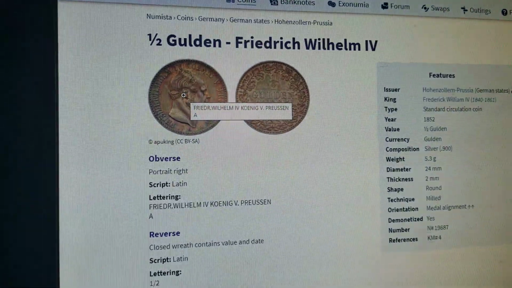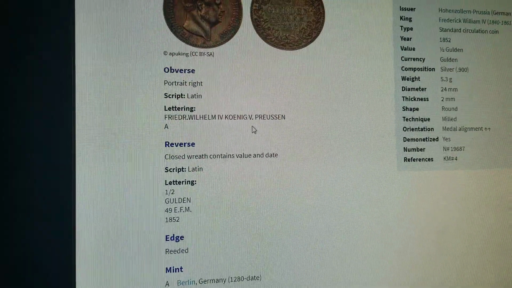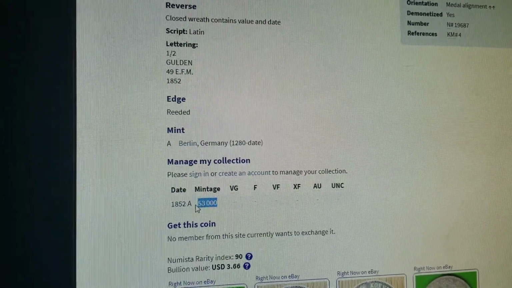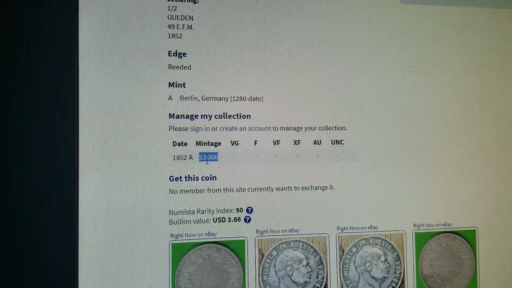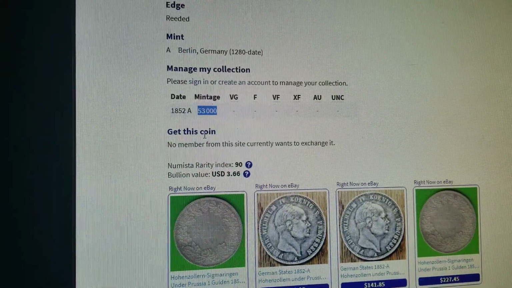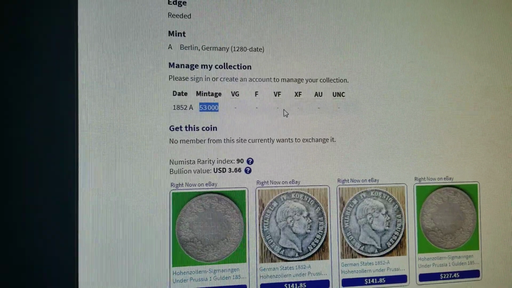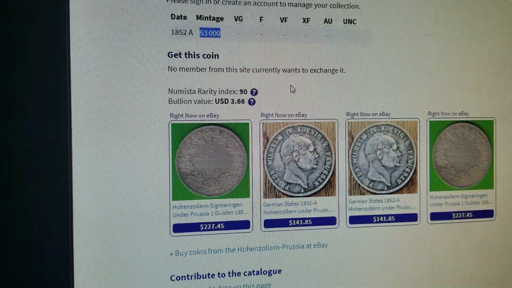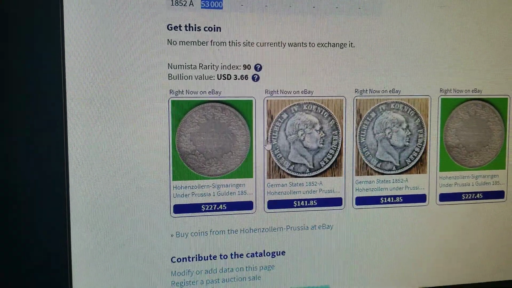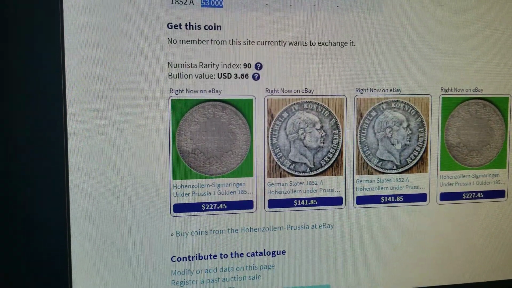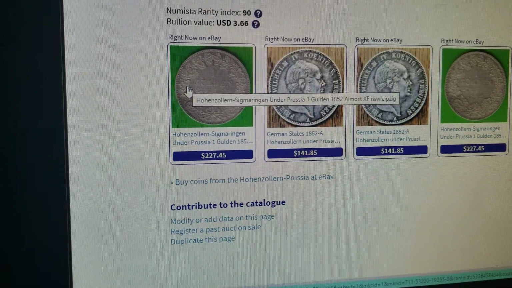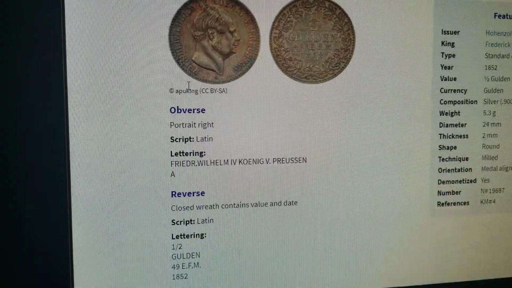So anyway, pretty nice, right? Well, the mintage on this coin is only 53,000 in the whole world. What's it worth? Well, for that we have to go to NGC, but remember catalog values are always inflated. But if you look at our eBay listings, something emerges very quickly, right? All right.